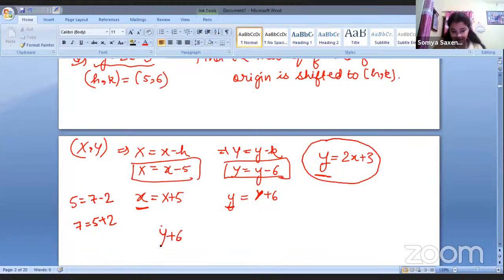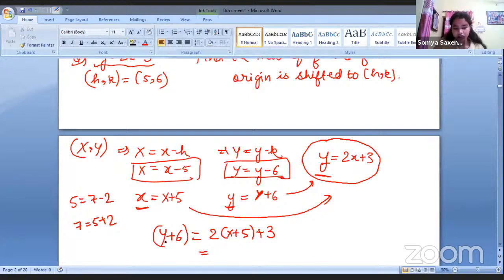So y plus 6, instead of writing y, because we have calculated the value, we are just putting these two values in this relation, is equal to 2x plus 5 plus 3. Now, when we solve it further, we will have 2x plus 10 plus 3. So it will be y plus 6 is equal to 2x plus 13. And finally,